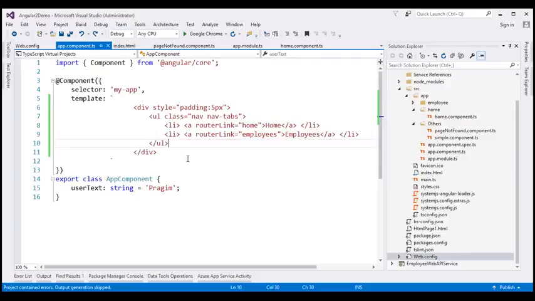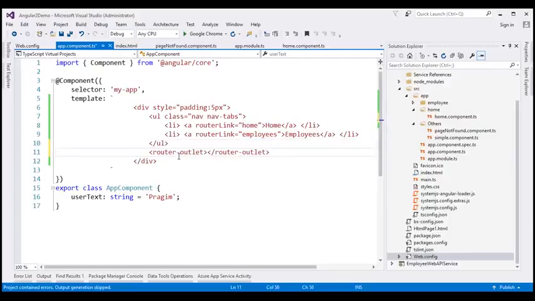And to tell that to Angular, we use this directive, router outlet. And this directive is provided by the router module, which we have imported in our root application module. So basically this directive tells Angular router to render the routed component's view template at the location where we have this directive. So let's save our changes